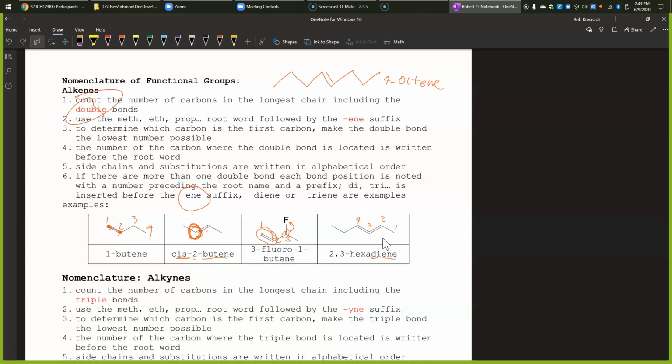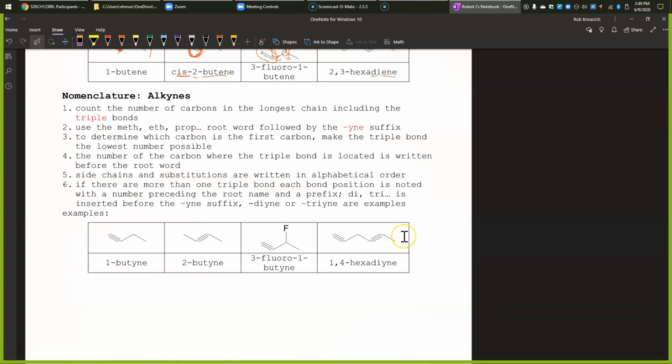But since there's a double bond there, that means it's bonded to one carbon twice and another carbon once, so that's three bonds. So there's only one bond left, and so there's only one hydrogen there. So the triple bond stuff is basically exactly the same as the double bond stuff, except it's a triple bond. And so I say "-yne" instead of "-ene". So the positioning is the same. So this is 1-butene, 2-butene, 3-fluoro, 1-but. Sorry, I should be saying "-yne". Y-N-E is "-yne". So 1-butyne, 2-butyne, 3-fluoro-1-butyne, and then